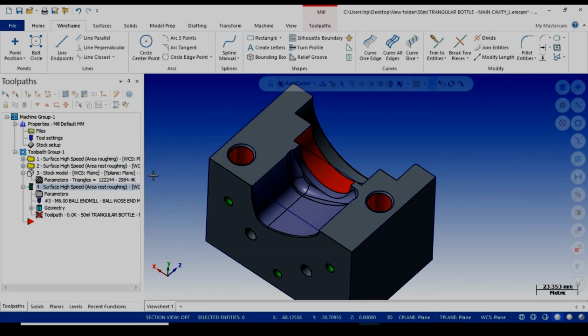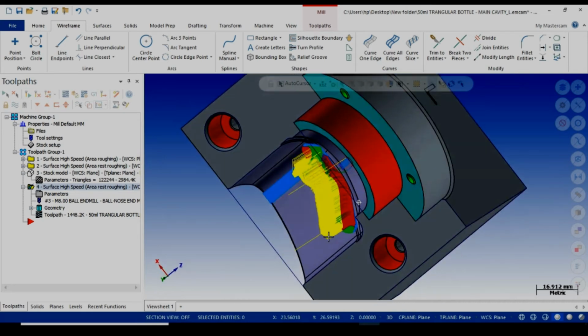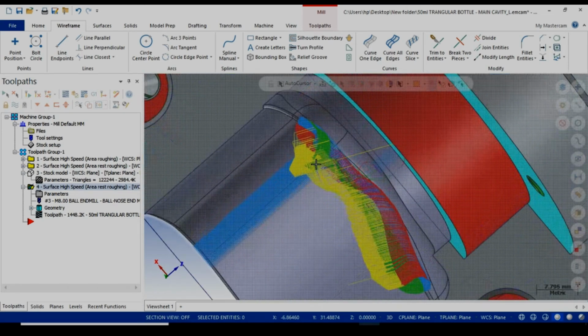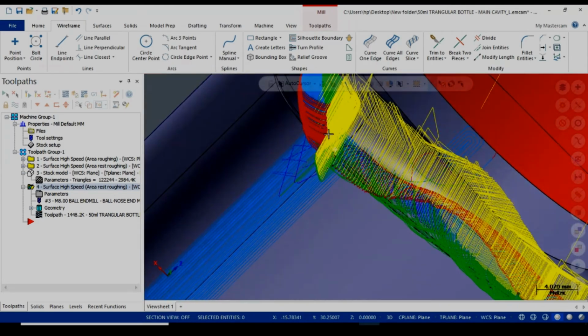It is taking some time as the rest roughing tool path needs to calculate the existing tool path and the current tool path to find out the material to machine. You can see the 8 mm ball has created the tool path here for the rest area.